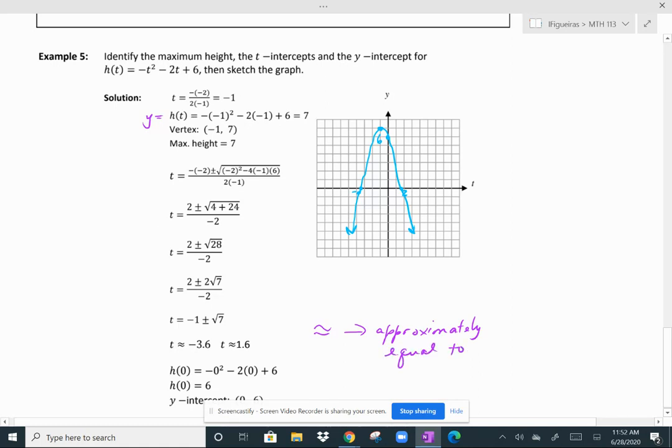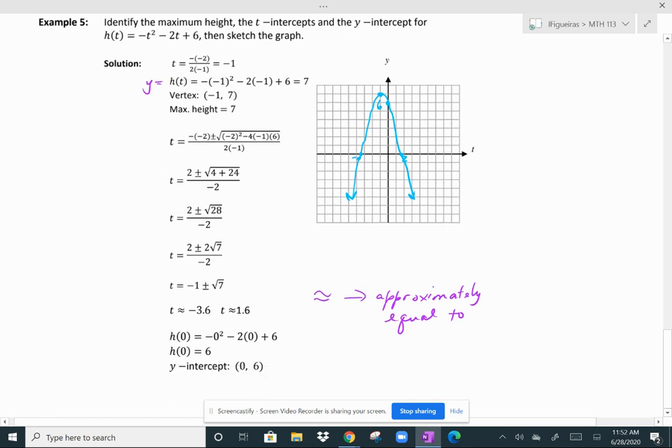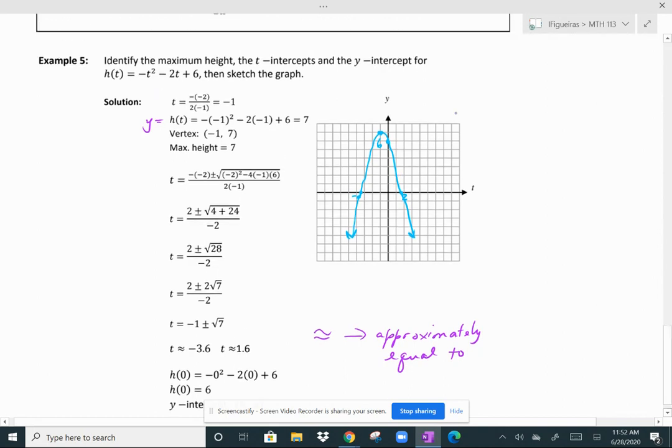To find the y-intercept, that's the work you see here. You let t equal 0, and when you let t equal 0, you get a y-intercept of (0, 6). All right, so all of these points are now plotted here on the right. So here's my vertex, (-1, 7). Here's my y-intercept, (0, 6). And then my two